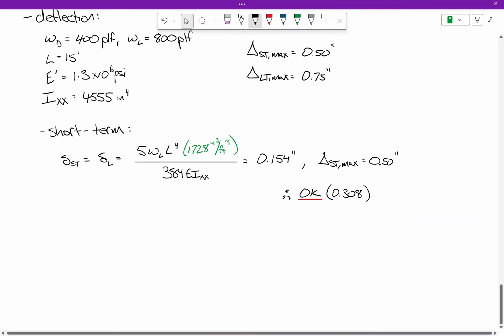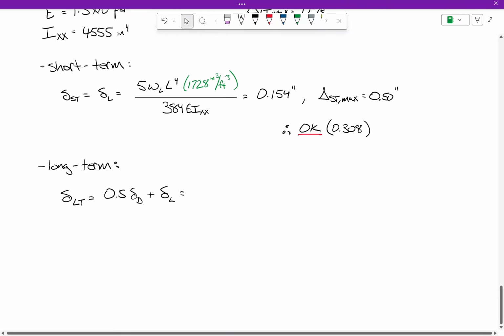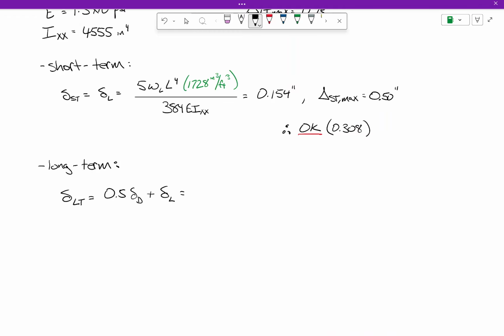Okay. And long term, actually, hold on, let me put the little dash there. Is going to be half of our dead load deflection plus the live load. Okay, so I'm actually going to write that a little differently in this case. Okay, and I'm going to do that for a specific reason. So that's going to be 0.5 times